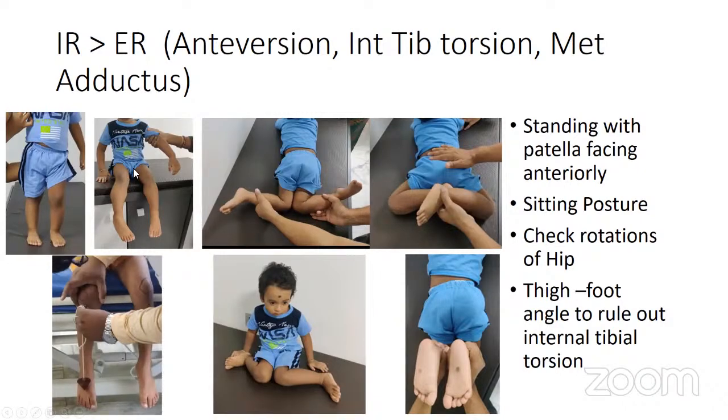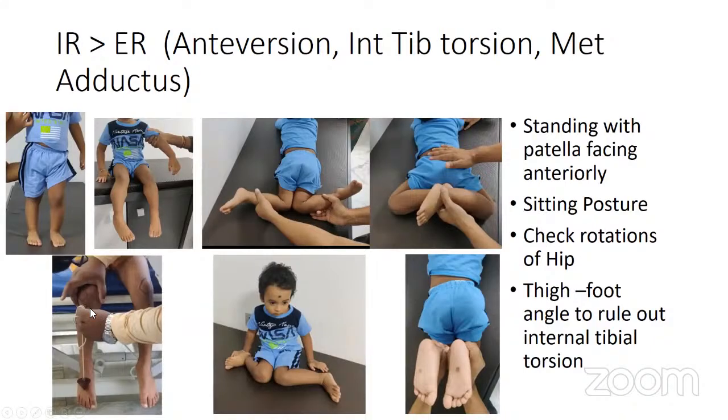As you can see here, we ask the patient to sit in this manner, and we check whether the patella is facing forwards. So in that case, what is the limb position? There is definitely an in-toeing gait. Now this is the accurate measurement. This is the plumb line test. If the patella is in its normal position, if we